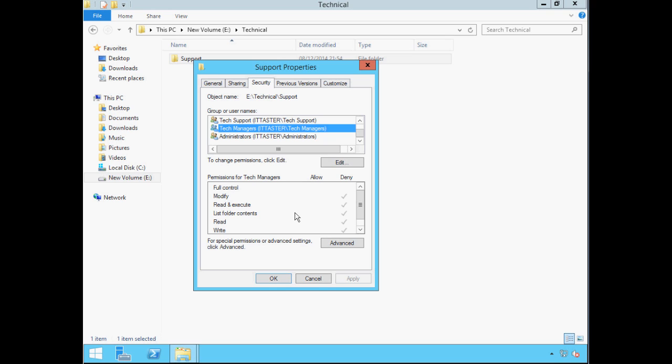Now, I didn't add these groups or configure these permissions. I simply created a new folder within the technical folder. When you create an object within another object, the parent object's permissions are assigned to the child object. They are inherited. The users and groups we can see here, and the permissions assigned to our support folder object are inherited permissions, inherited from the parent folder, the technical folder. Inherited permissions appear as greyed out. Inheritance is a very useful feature that can save administrators a lot of time.